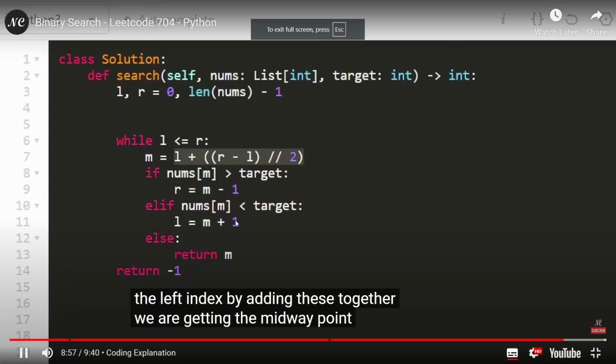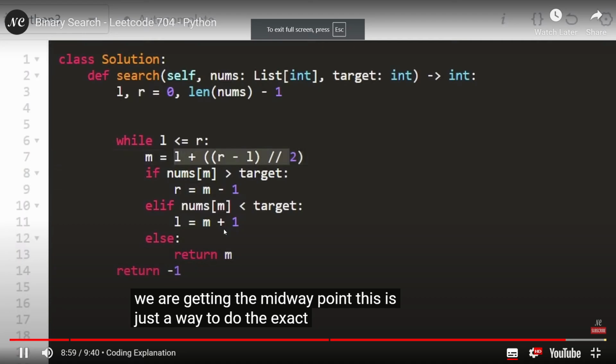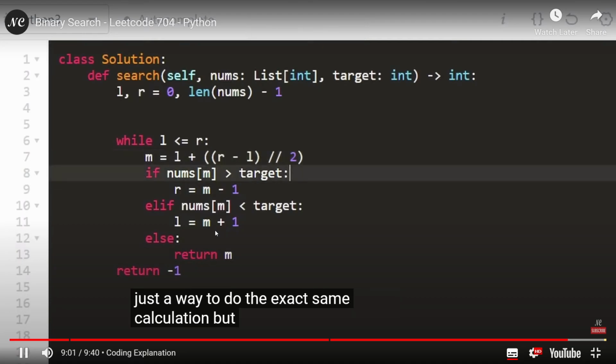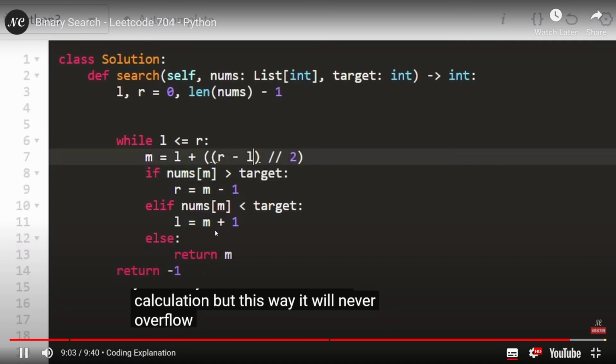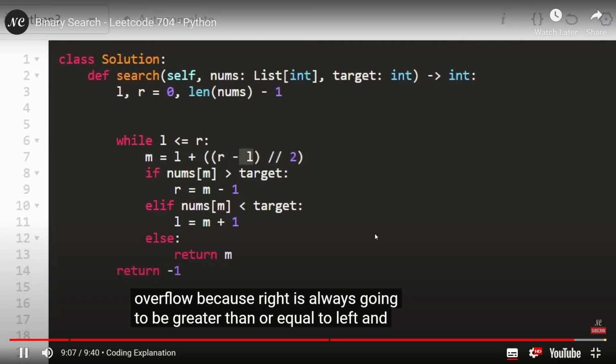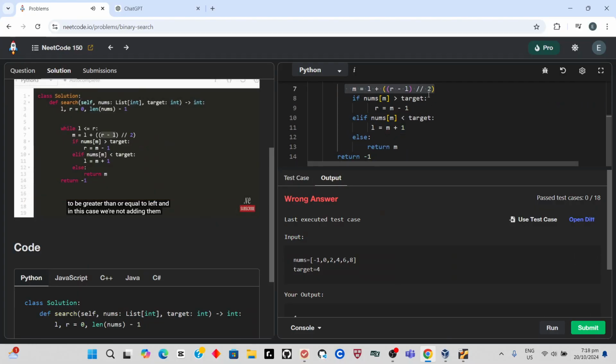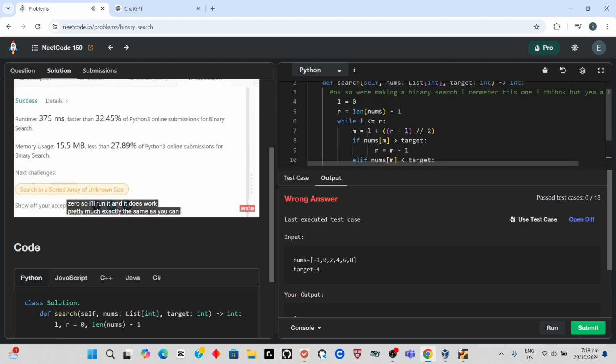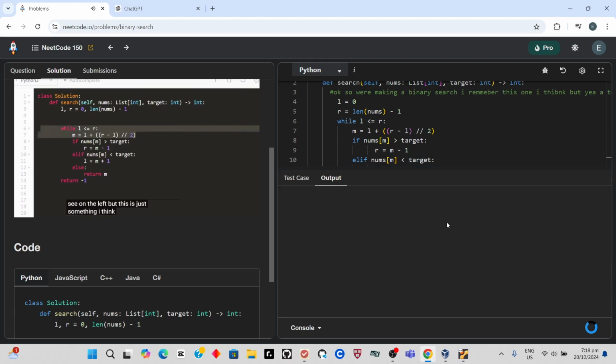we are getting the midway point. This is just a way to do the exact same calculation, but this way it will never overflow because right is always going to be greater than or equal to left. And in this case, we're not adding them together, we're subtracting them. So this will always be positive or it will be 0. So I'll run it and it does work pretty much exactly the same as you can see on the left, but this is just something I think a lot of people don't